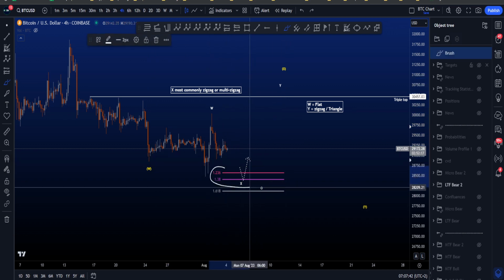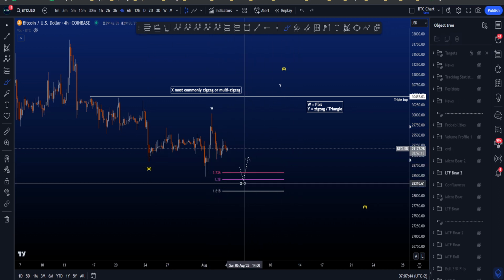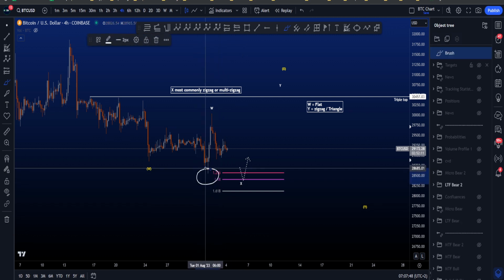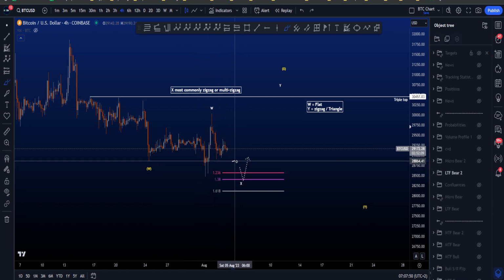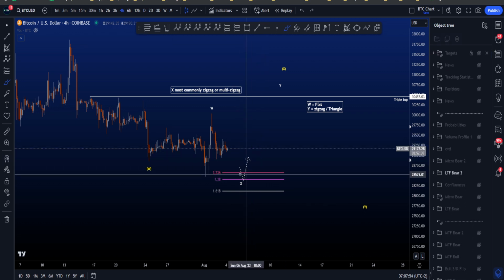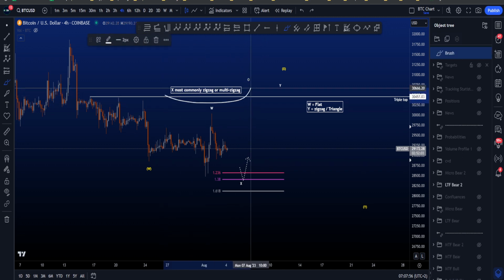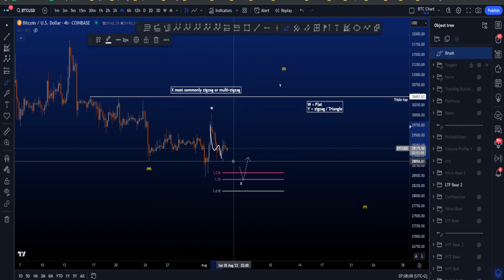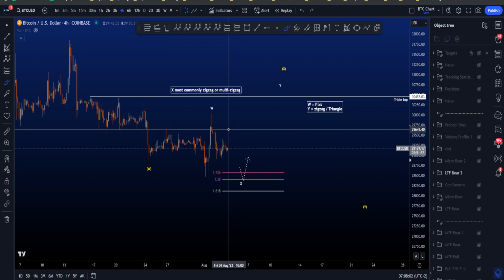For wave X the target to keep in mind is the 1.236 and the 1.38, which is also in confluence with the double low that we have over here on my Coinbase chart for maybe a liquidity grab and then a move to the upside. Now wave X most commonly is a zigzag or a multi-zigzag. So we already have a zigzag over here, which then means that wave X could already be in,